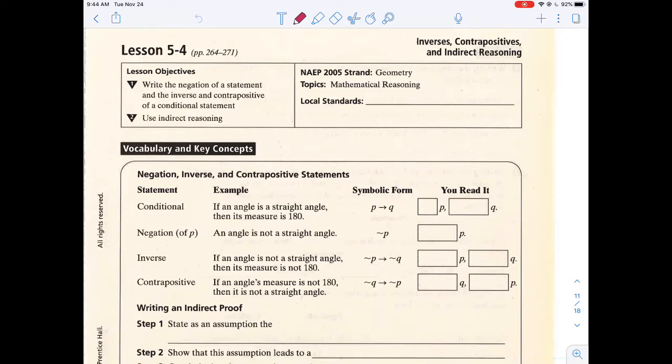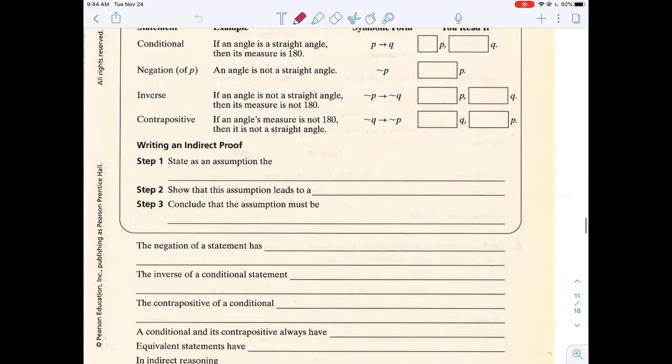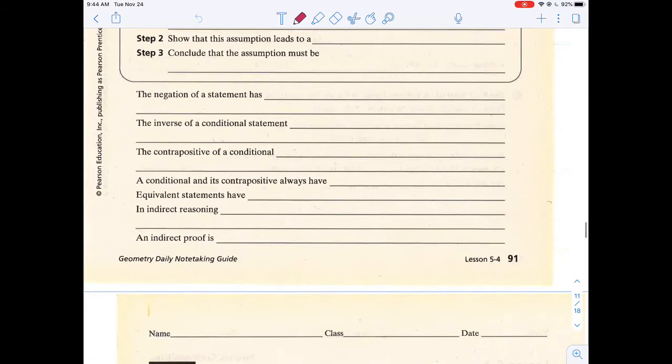Okay, lesson 5.4 is about inverses, contrapositives, and indirect reasoning. We have two objectives. They are to write the negation of a statement and the inverse and the contrapositive of conditional statements. And objective 2 is to use indirect reasoning. So, I am actually going to start with the vocabulary again so that we really understand the key concepts here